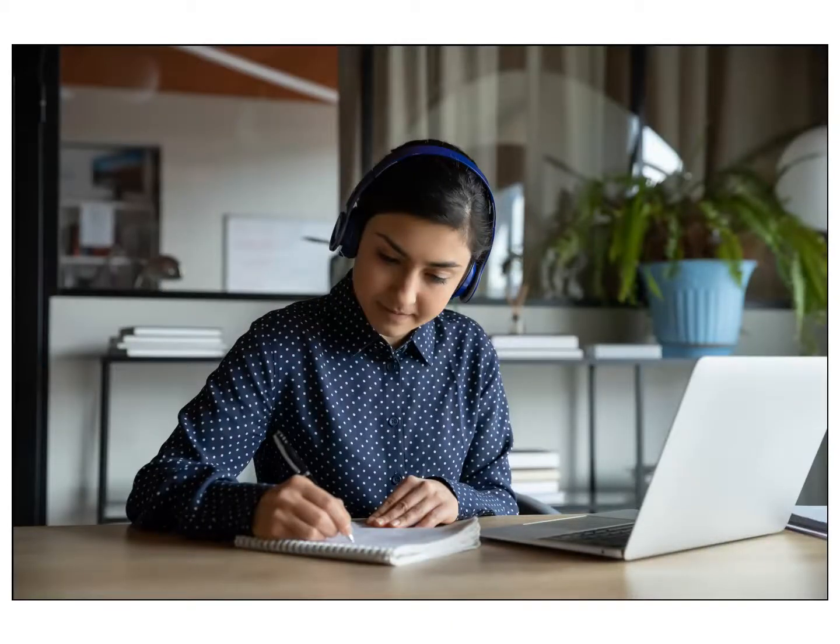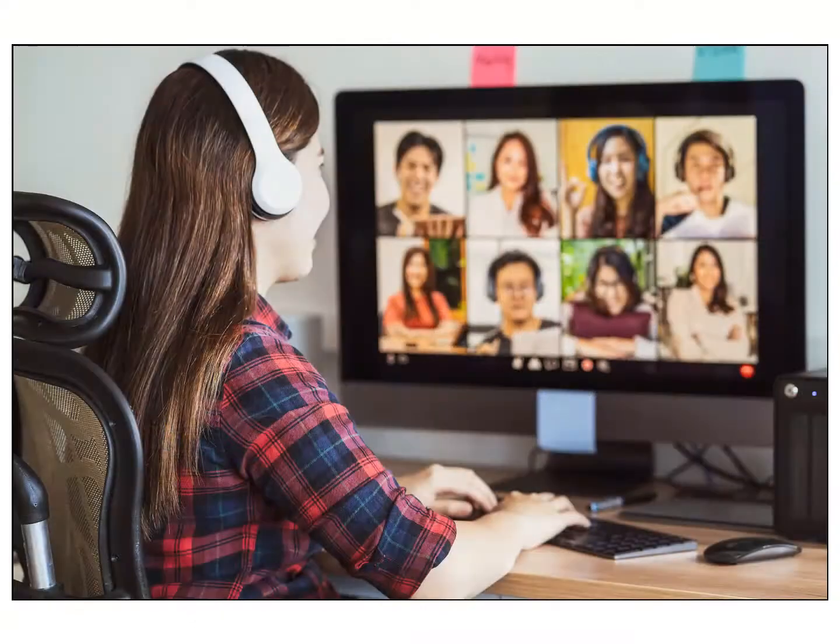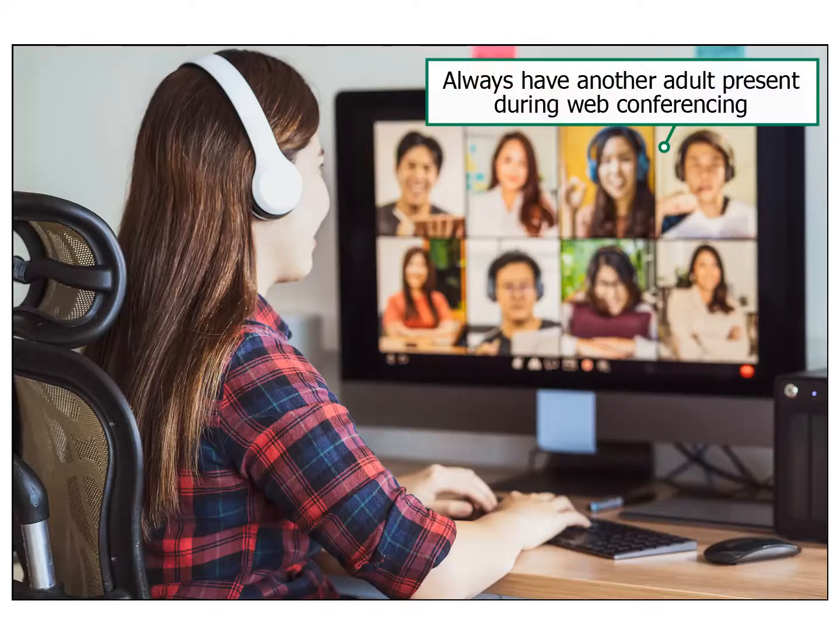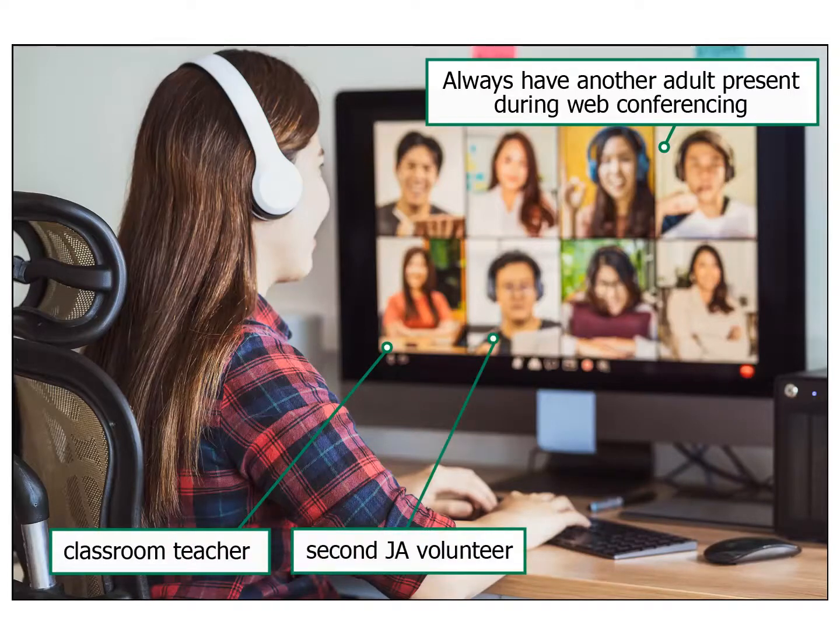Implementing any program virtually can present unique opportunities and potential challenges. There are a number of strategies and best practices you can use to successfully implement JA Company program virtually. It's important that JA volunteers only connect with students via web conferencing tools when another adult is present. Work with a classroom teacher, second JA volunteer, or JA staff member to provide the best team to support students